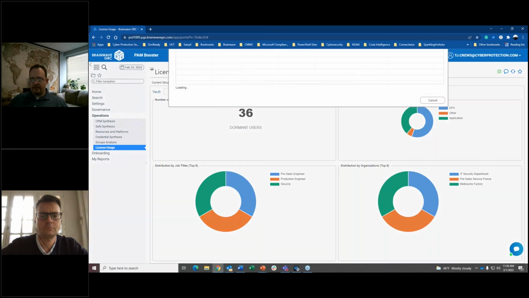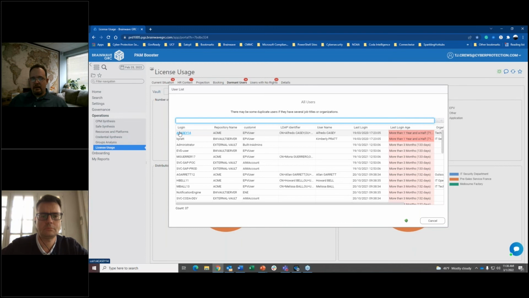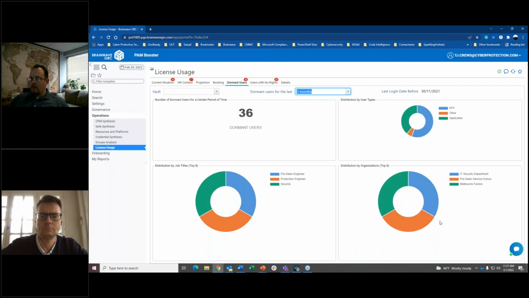Well, if you click on 36, you'll see that it's logins. There are some identifiers from LDAP, but more importantly, I see service accounts here that haven't logged in. Maybe those service accounts no longer need that license. I can do some investigating, find out, and potentially remove that license from whatever accounts I need, and then have the needed licenses for future use. But if there's a way to kind of identify future use, well, in fact, there is, and that's this booking